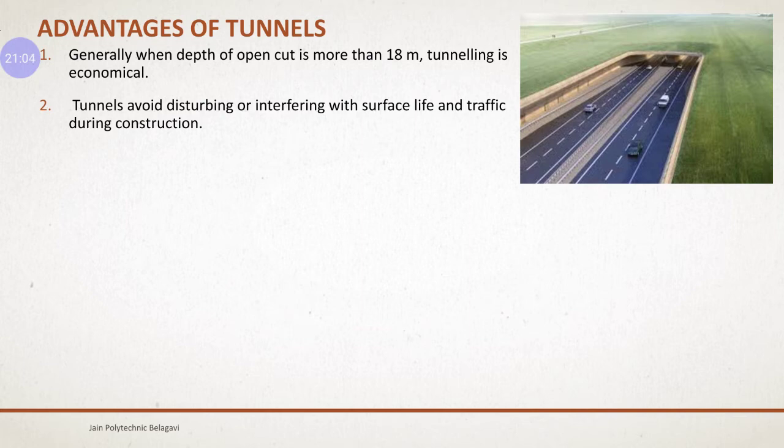Otherwise, if you are constructing a road beside an existing road, what happens? It might cross each other at some signal. It might be causing a junction. At that time, it becomes very complex because you have to stop the traffic. You have to stop the people from moving from one place to another. You have to obstruct the movement, construct the road, and then allow them. So these are all obstructions that are faced during surface construction.